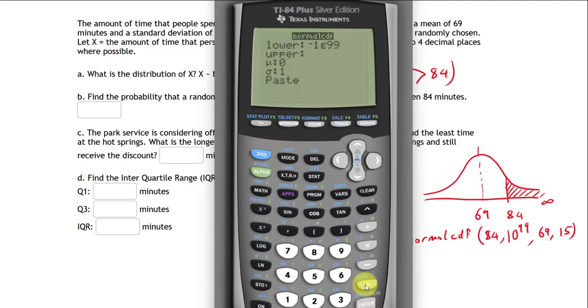So I hit enter, and for my lower bound, I start from 84 and I go all the way to the upper bound, so I can put 10 to the 99 power, or you can just simply put 99999. This just represents a very large value. And then the mean is 69 in this case, and the standard deviation is 15. And you just paste everything in the formula, hit enter again, and you should get